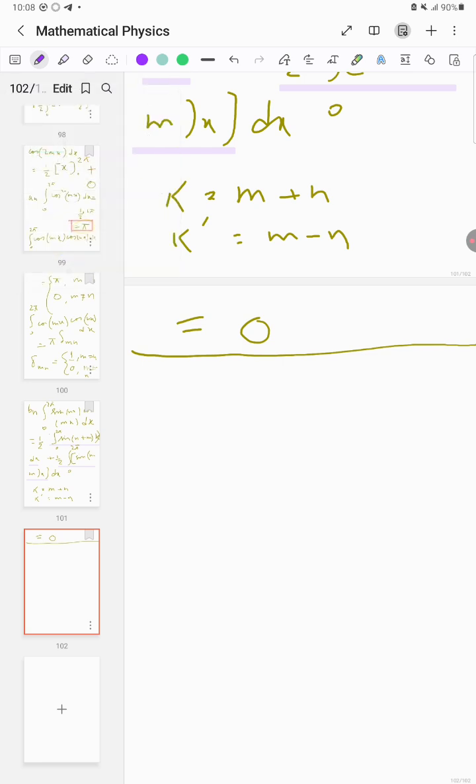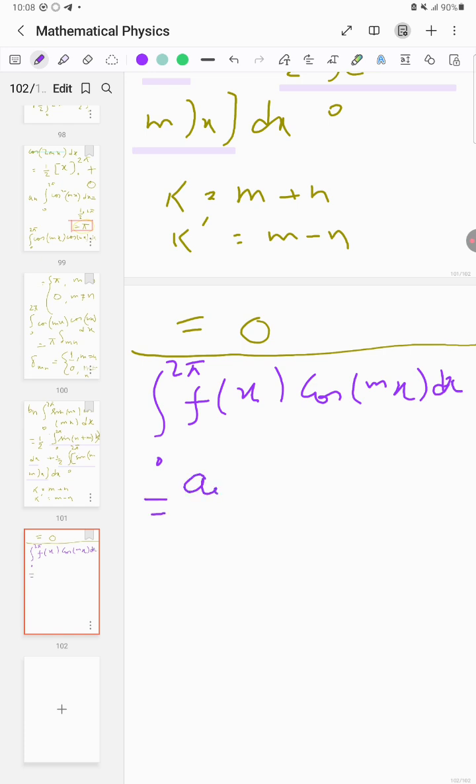So coming back to the violet color, what we can say is integration 0 to 2 pi f of x cos mx dx is equals to a0 by 2 integration 0 to 2 pi cos mx dx